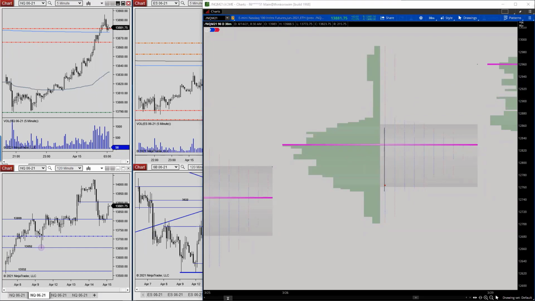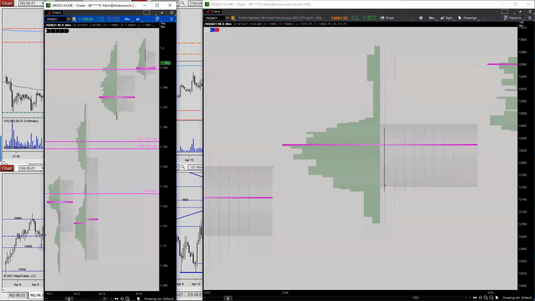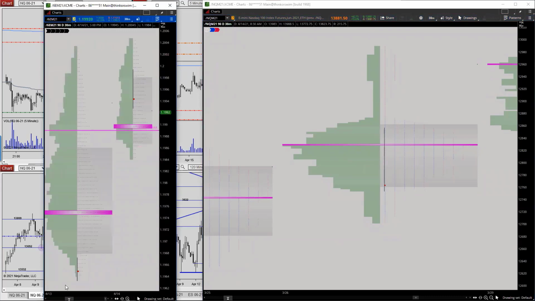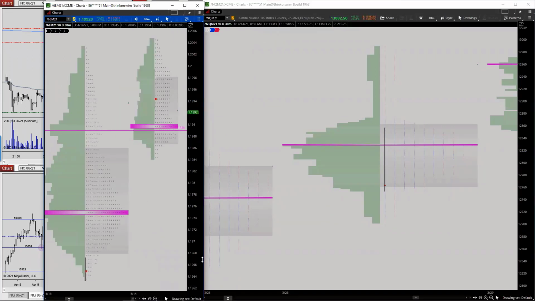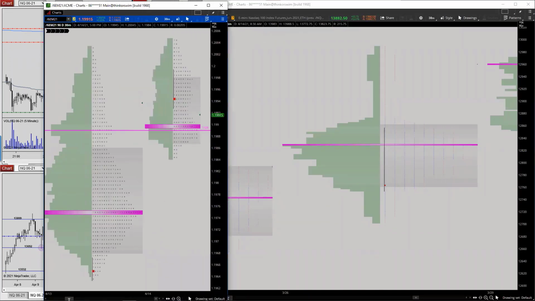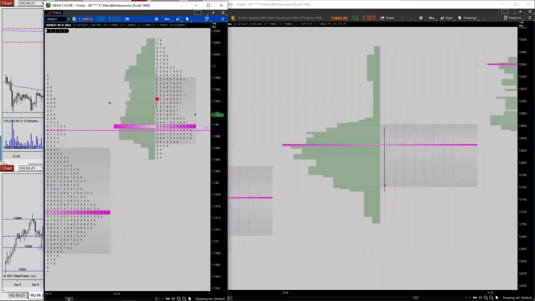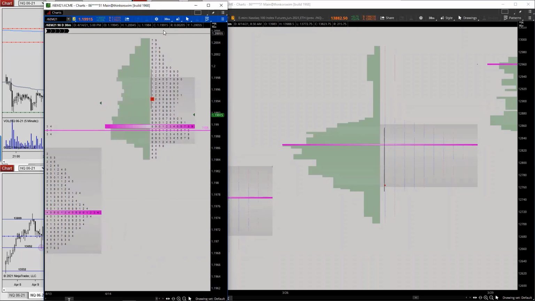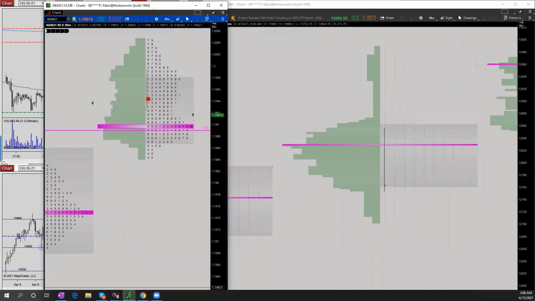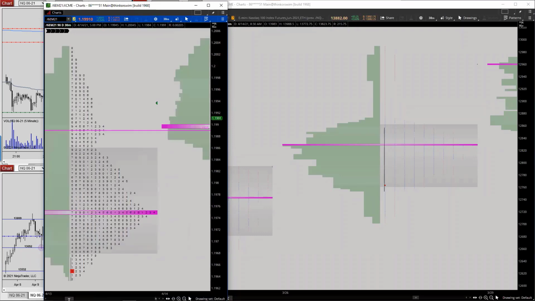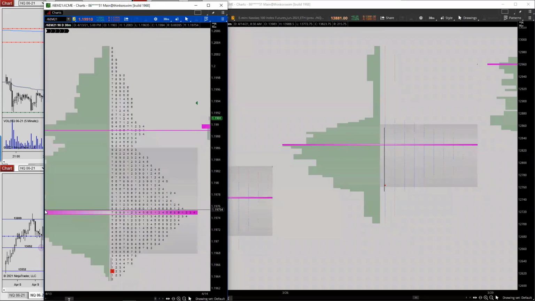Here's another profile from the euro. Yeah, that probably works a little easier this way. Okay. So the profile. Here's the range for the day. We've got the volume laid out, but here's the range. And this one is actually, generally with the profile, you can have the profile from